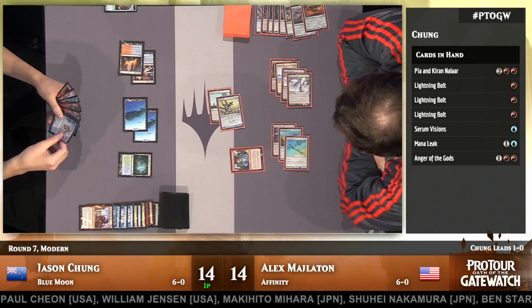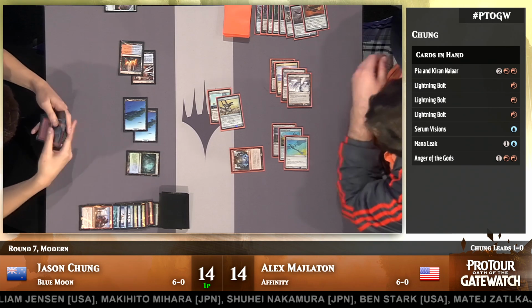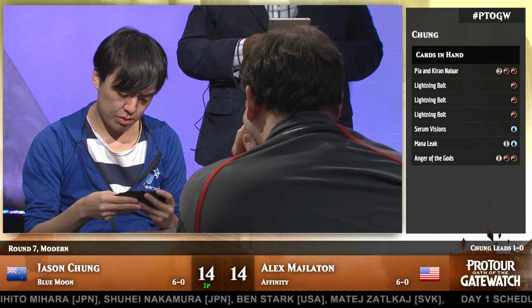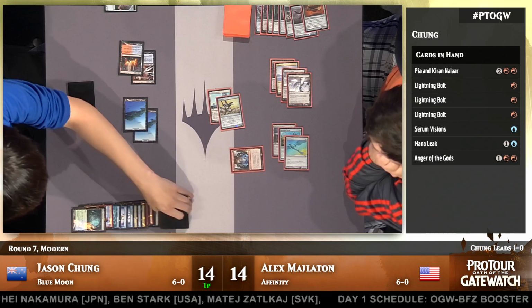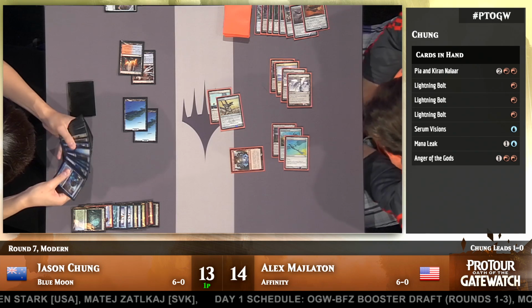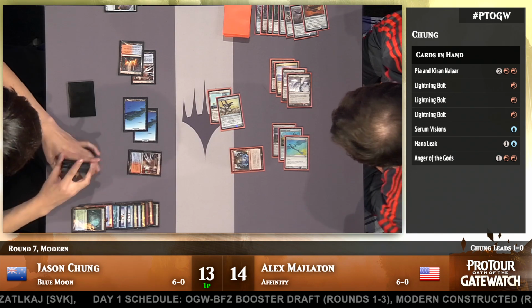Now Chung's the one who's doing math. Thinking about cracking a Misty Rainforest, maybe to fire off a Lightning Bolt here? Yeah, this is a tough decision here. I think he can sack the Misty, get a Shock Land, shock himself, and bolt the Blinkmoth. But you have to wonder if, at some level,